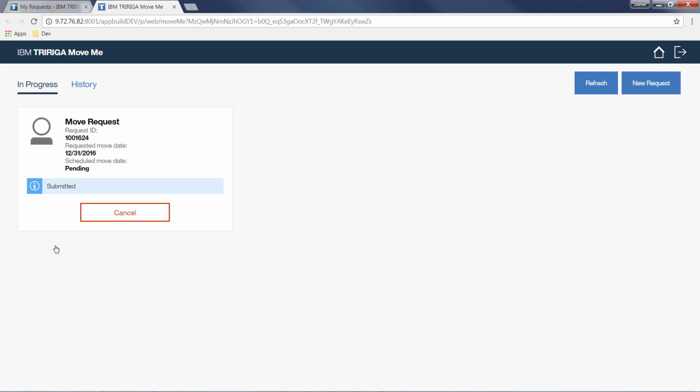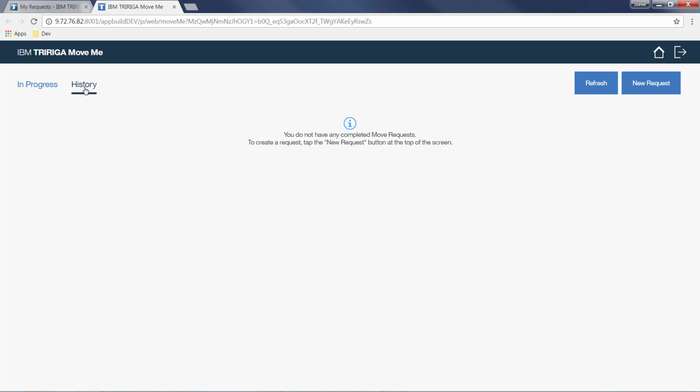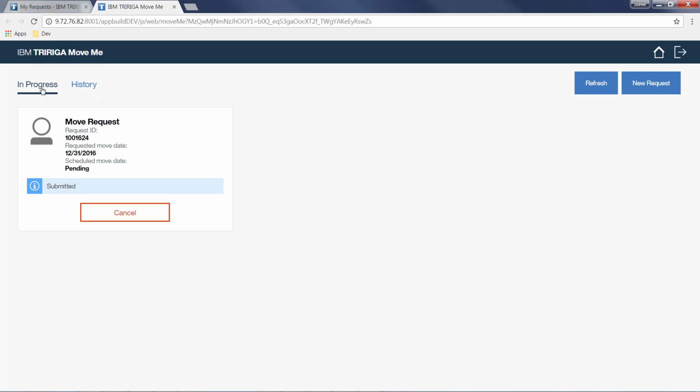When I click on MoveMe, a new tab opens, and in the tab it says IBM TRIRIGA MoveMe, and we see here the My Request page is displayed by default. By default we have the In Progress tab showing with a single request that I previously entered, and I can also click to the History tab. I don't have any information on the History tab. If I want to create a new request, I can click the New Request button,